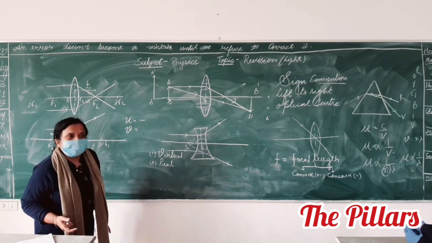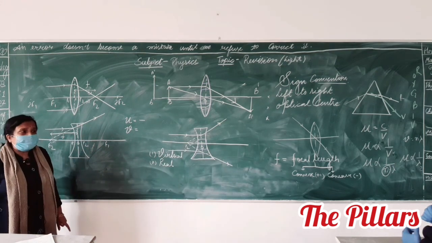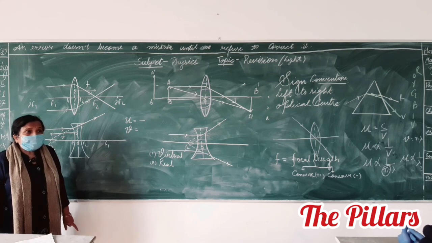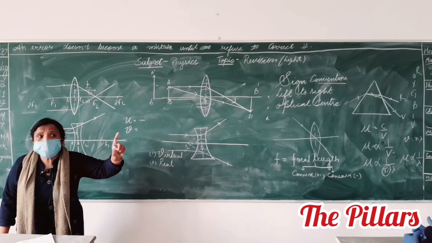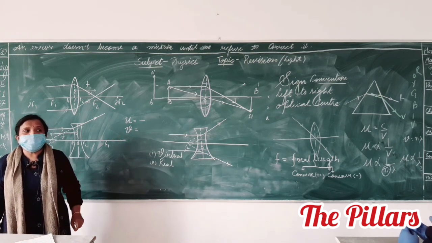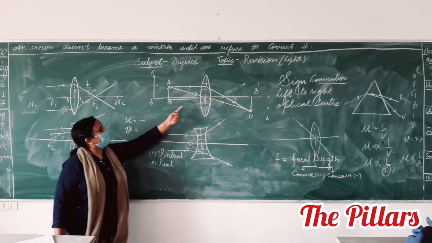In the height, it is positive. Beta, if we take the height. Who is talking about height here? Are we talking about height? Am I talking about the height of the image? What am I talking about? So then? Yes, Raj, tell me. He is saying this will be positive.